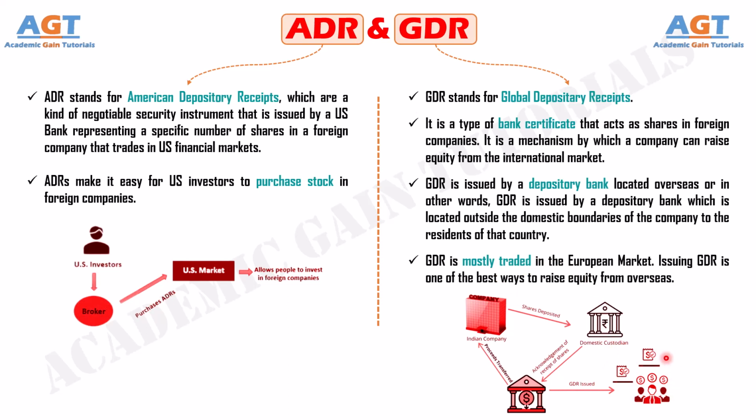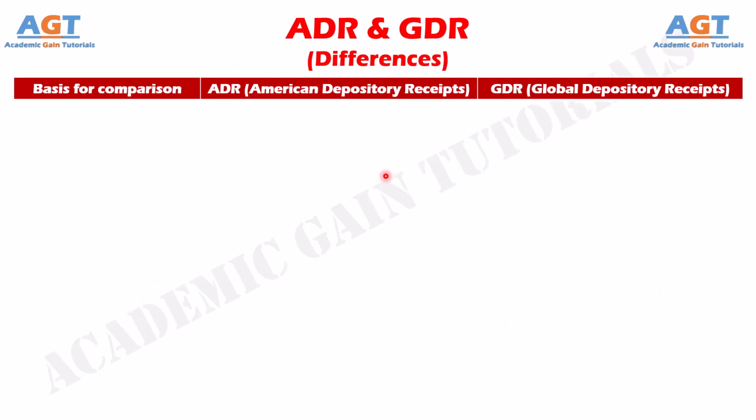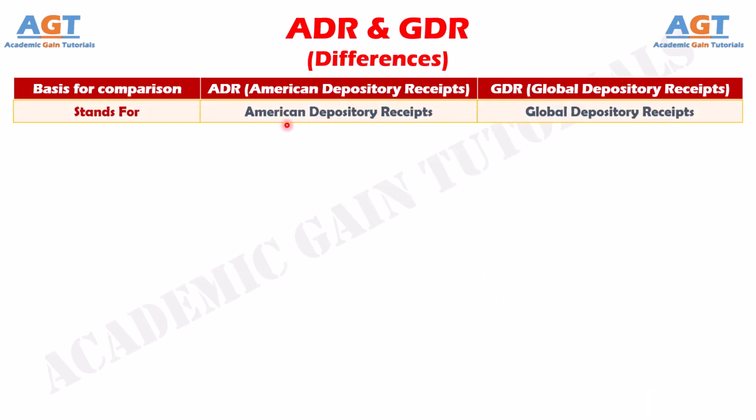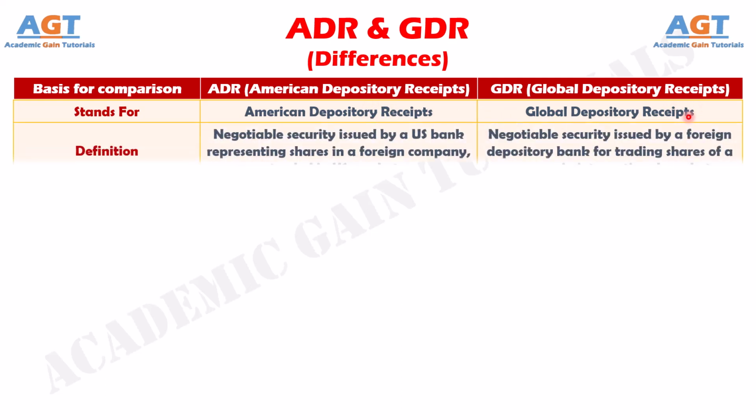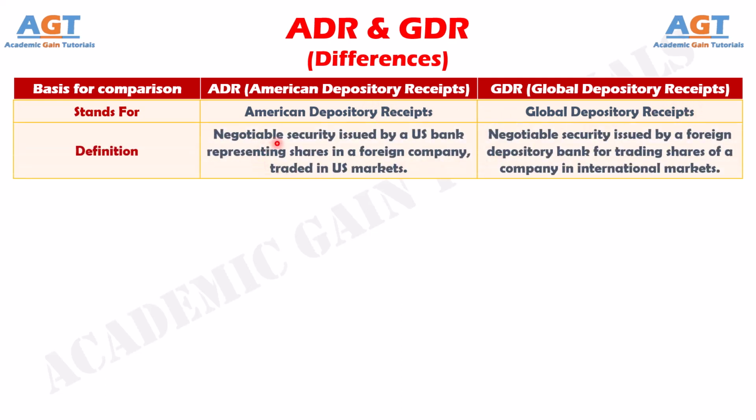So, let's look into the basic differences between ADR and GDR in a tabular form. Difference number 1. ADR stands for American Depository Receipts, whereas GDR stands for Global Depository Receipts. Number 2. ADRs are negotiable securities issued by a U.S. bank representing shares in a foreign company, traded in U.S. markets, whereas GDRs are negotiable securities issued by a foreign depository bank for trading shares of a company in international